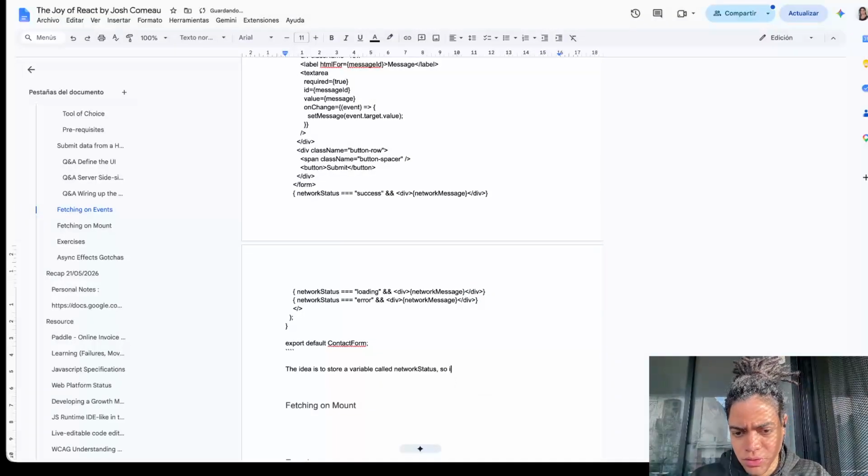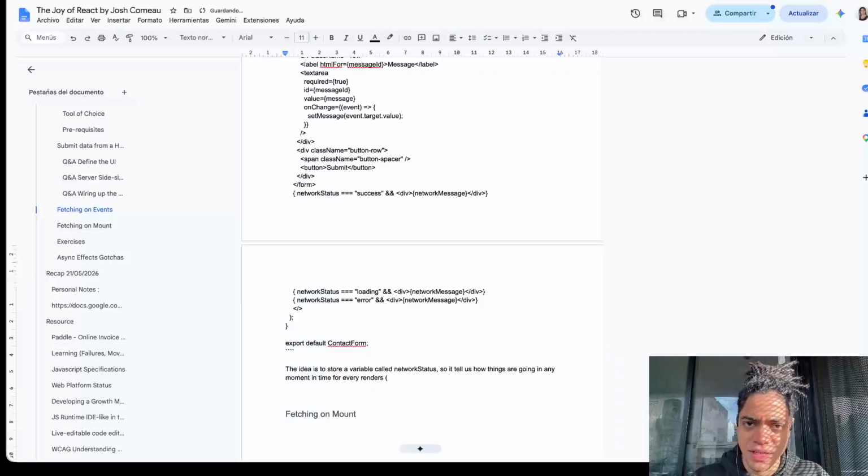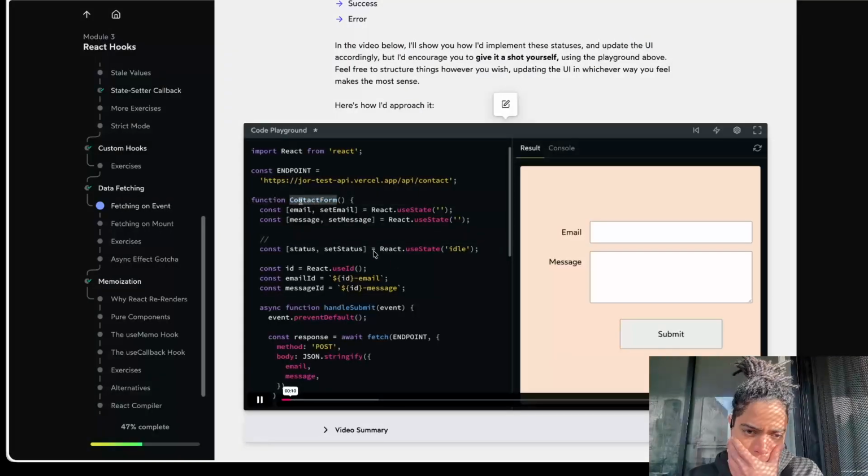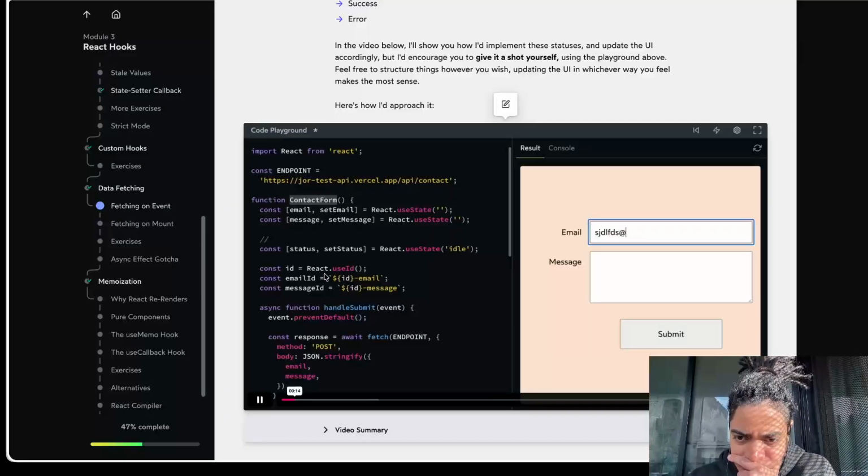So it tells us how things are going at any moment in time, for every render of the contact form component. Every snapshot that we render of this component. And it starts life as idle, which is the status where they're entering their data in